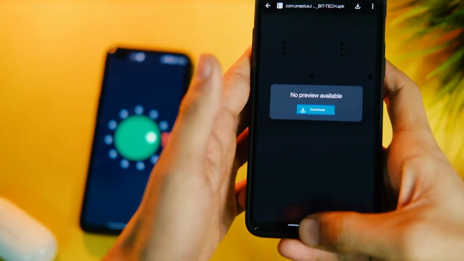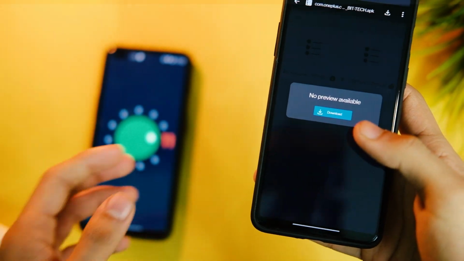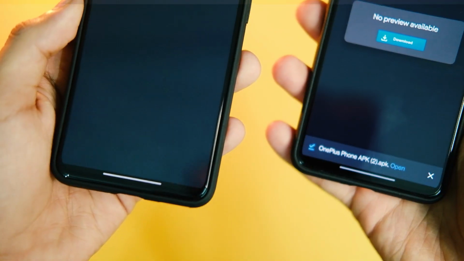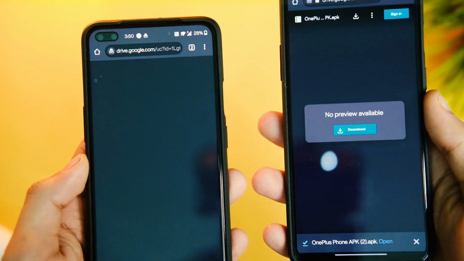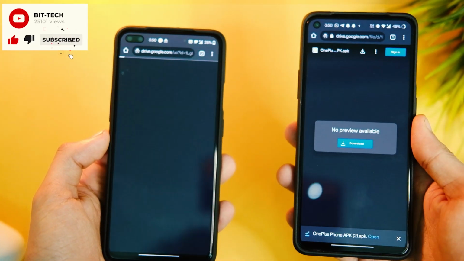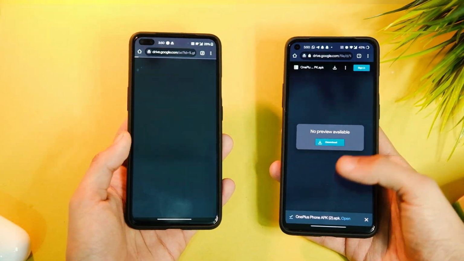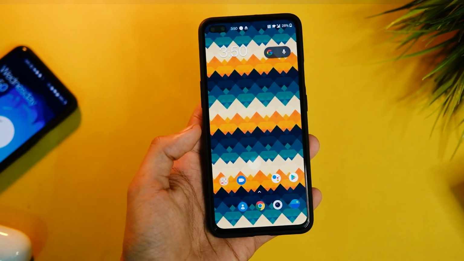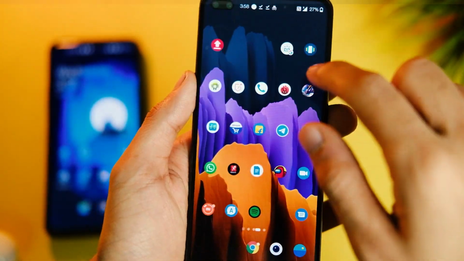First of all, just download all three applications from the link in description area, and it has all three apps, that is OnePlus Messages, Phone and Contacts. So once you have downloaded all the applications, half of the task is already done. Now you just have to install these and set them as default. And I'm going to do this side by side both on OnePlus Nord and 8T just to be on the same page and cater to the users of both.